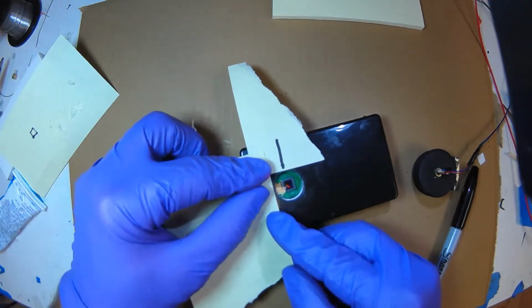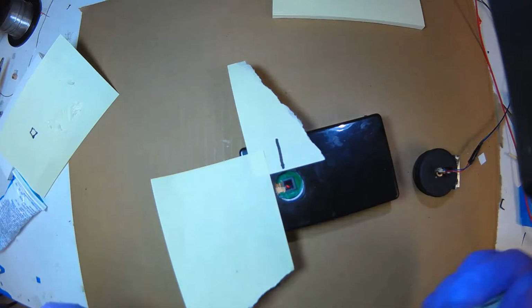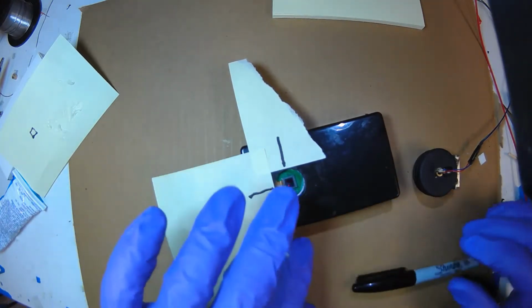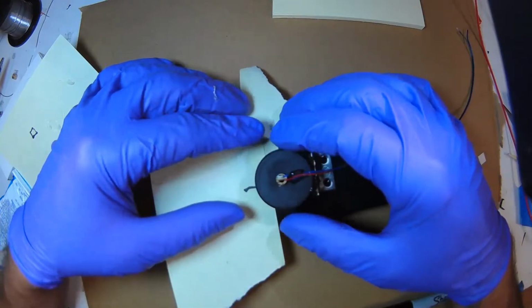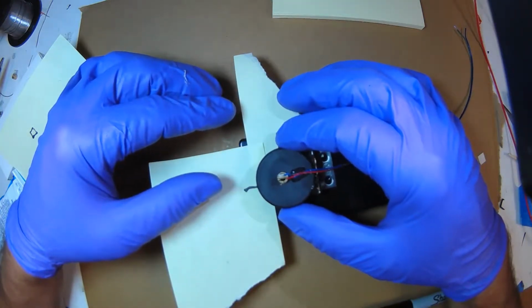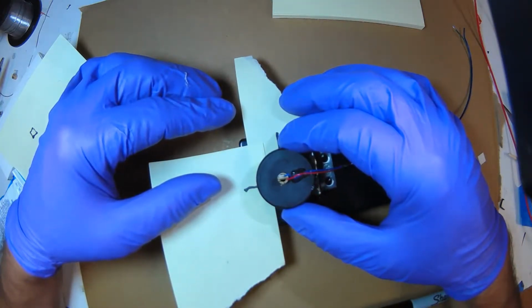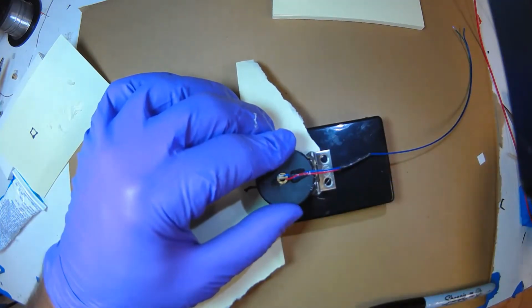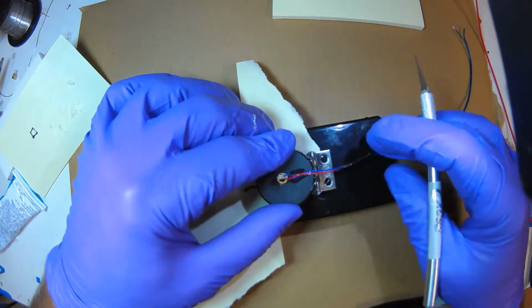I just don't want to mark my box. You could put blue tape on it too, but there's the other one. So that just tells me where the center is, and so I can put this here and center it. Okay. And so now I'm going to push down on it, and with my X-Acto, what I want to do